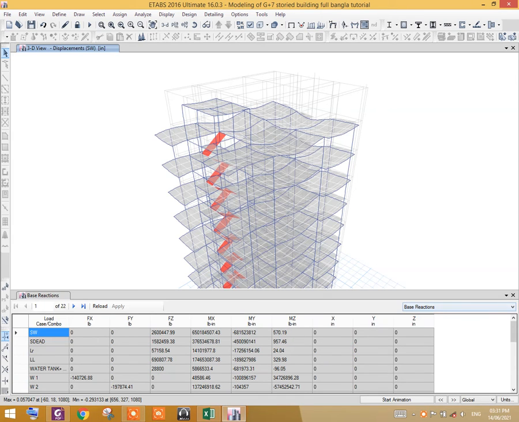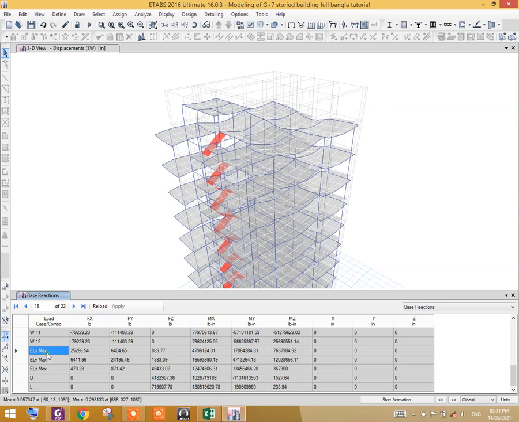We can see that ELX max FX, it is in pounds. And ELY it is here, and ELZ, you see 49,433 pounds, and the amplified moments are here MX, MY, MZ due to the eccentricity.